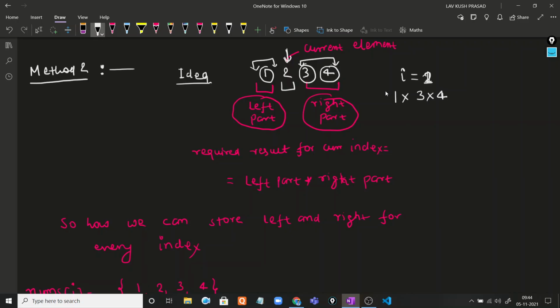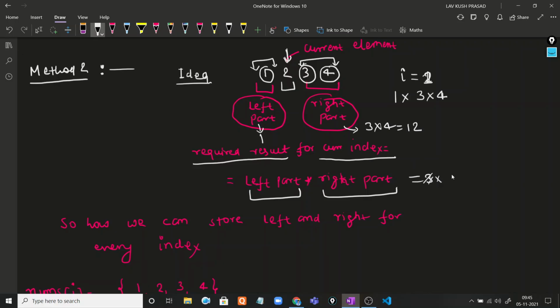What was our required answer? Our required result for the current index is equal to the left part into the right part. In the left part it stores 1, and in the right part it stores 3 into 4, which is equal to 12. For the required answer it gets 1 into 12, which is equal to 12.